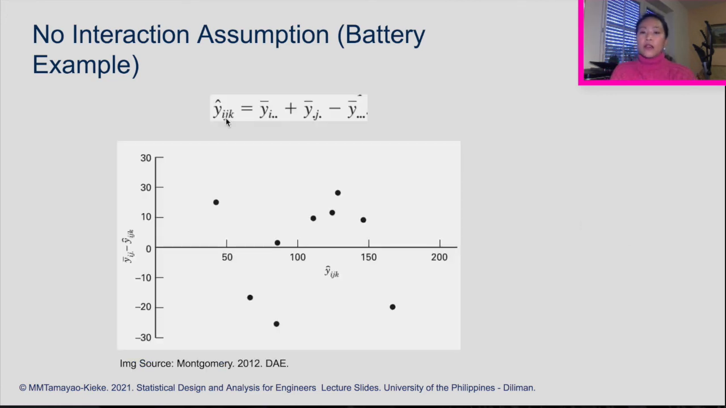Now to get the value of y hat ijk, this is equal to the average at row i plus the average at column j minus the grand average. Again, we don't have the term corresponding to the interaction. And if we plot the difference between the cell average and the fitted value y hat ijk,